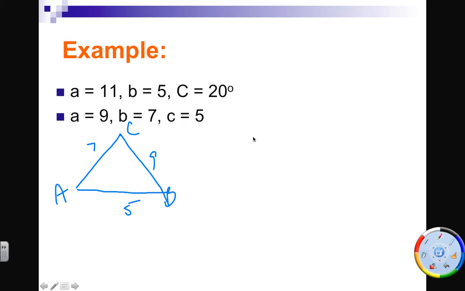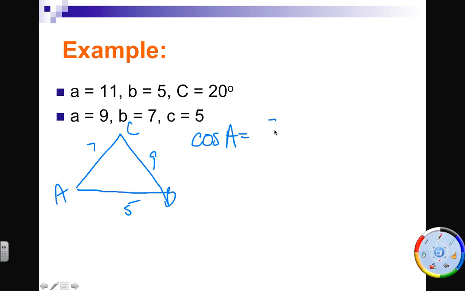It shouldn't matter what angle you look for first, but I always like to just start with the smaller angle. Let's think about that for a second. Cosine inverse is in quadrants 1 and 2, which means that's the only places that angles should come up anyway. So it doesn't matter what angle you start with first for law of cosines. If you want to get the big angle out of the way, go for it. Let's just do that. Let's say cosine of A equals, because A is the bigger angle,